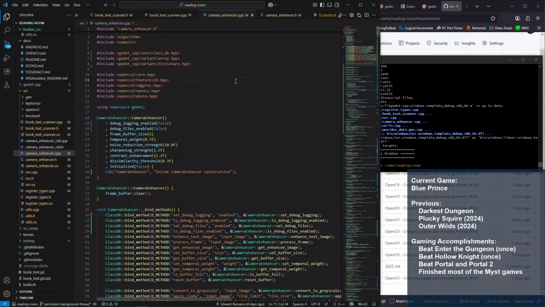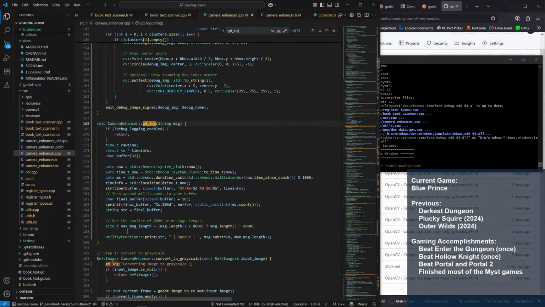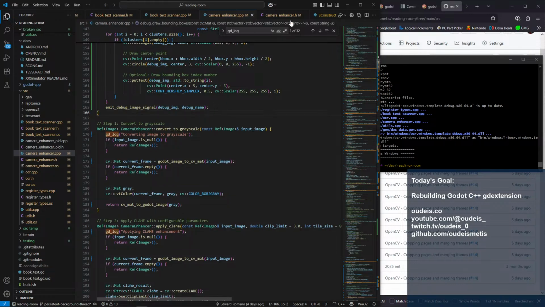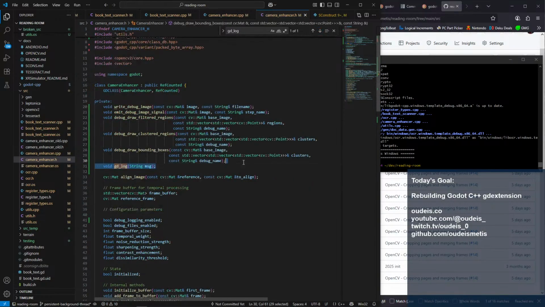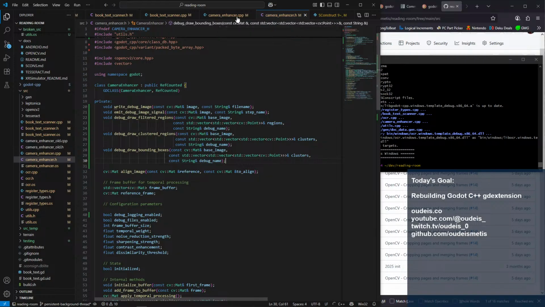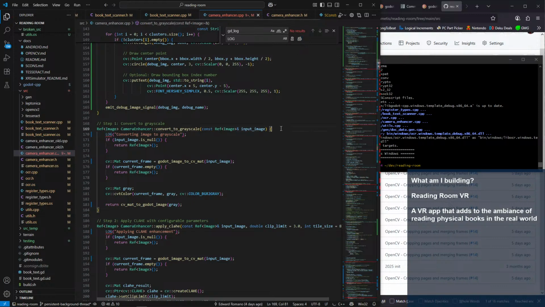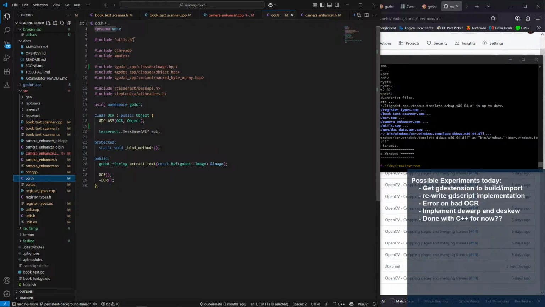So if I do camera enhancer, and I do gd log, so if I nuke that, and then find it here, let's get rid of it, and then let me do gd log, and let's replace that with just log. Okay, you're not pulling in utils, right?